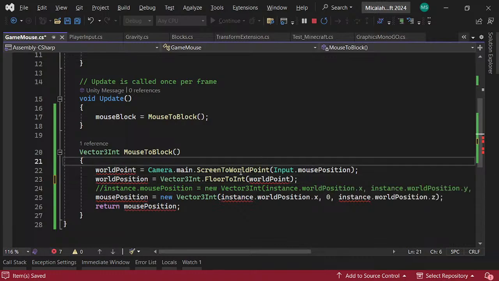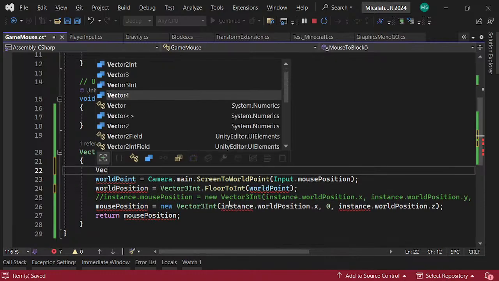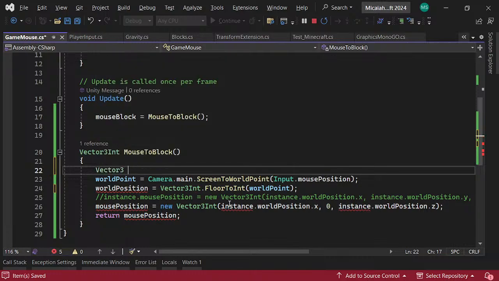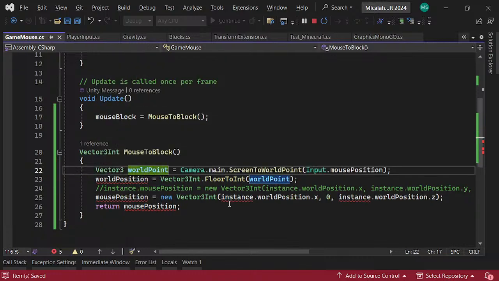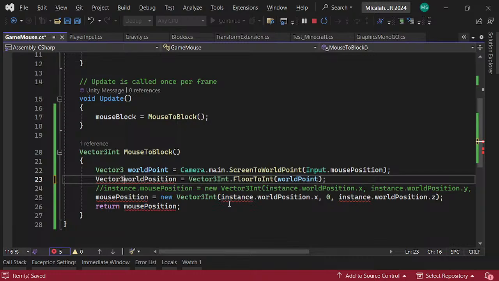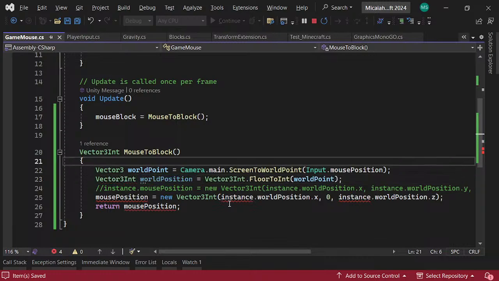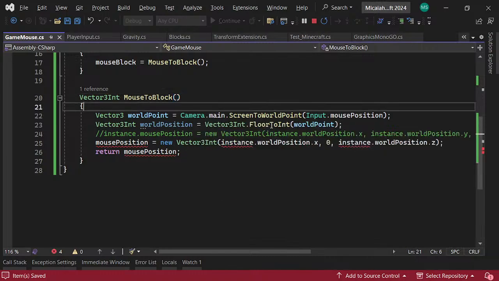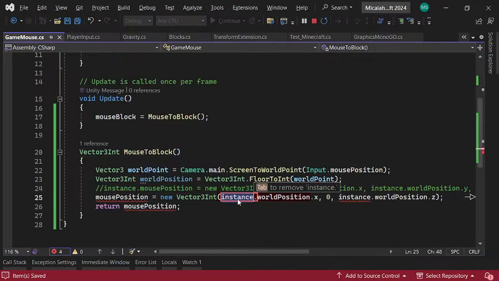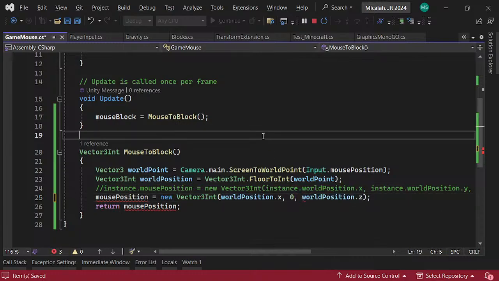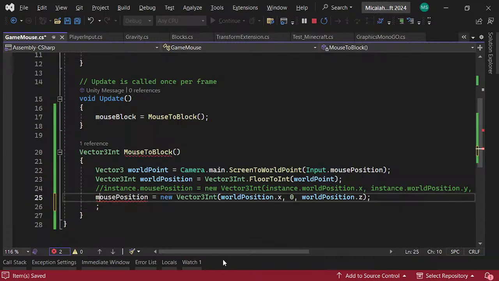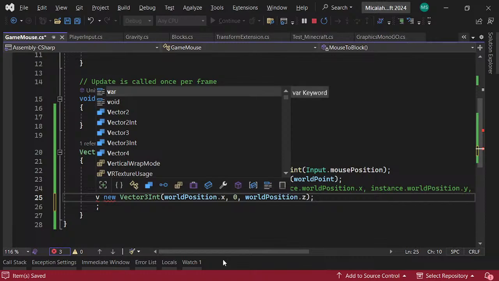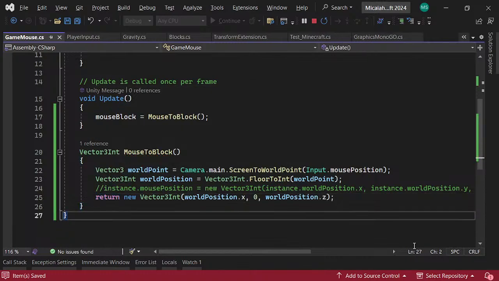This is a Vector3, so Vector3 worldPoint. Then we say Vector3Int worldPosition, floor to the int. And we'll just actually return this, right? So we want to return this new,